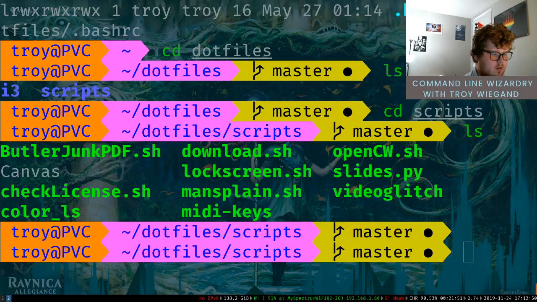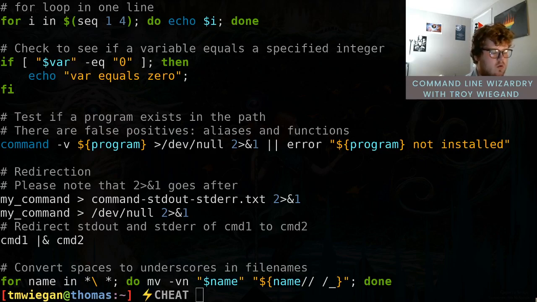Let's see here. Oh, wrong thing. Let's see if there's a way to list all of the cheat sheets, because this might actually be more relevant than